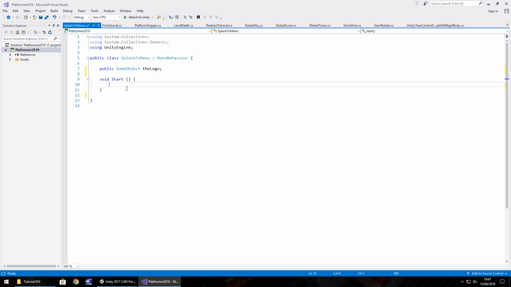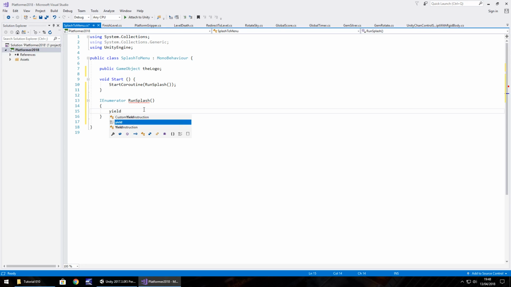And we're going to do a coroutine in this. So we're going to use IEnumerator, because we're going to wait, aren't we? So IEnumerator RunSplash(), open curly bracket. And after we've done that, we need in the Start method, StartCoroutine(RunSplash());